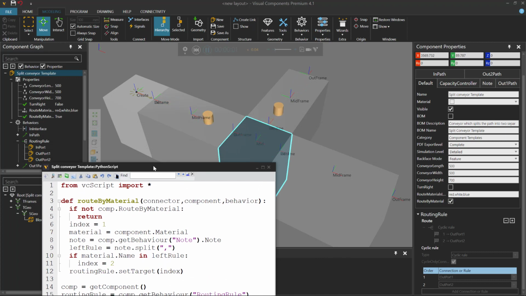So just a couple of different ways how you can use Python scripting, use some lists or values with events, and some event listener function to route a product by material. You could then expand that to use a note behavior. You could also use a component property, and you can also use a component property or condition to test whether or not you want to route products by material. And you can do all this in real time while the simulation is running.